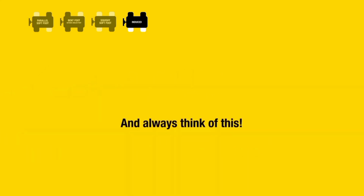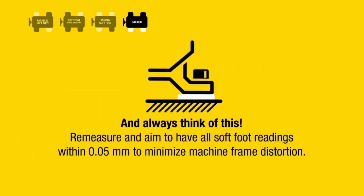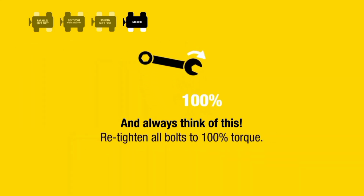And always think of this. Remeasure and aim to have all soft foot readings within 0.05 millimeters to minimize machine frame distortion. Retighten all bolts to